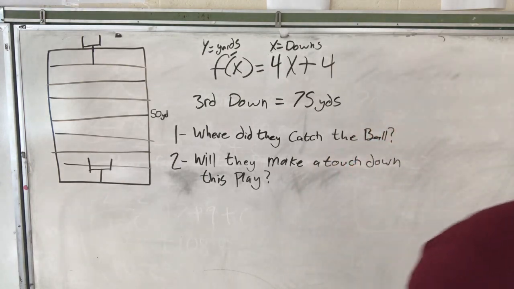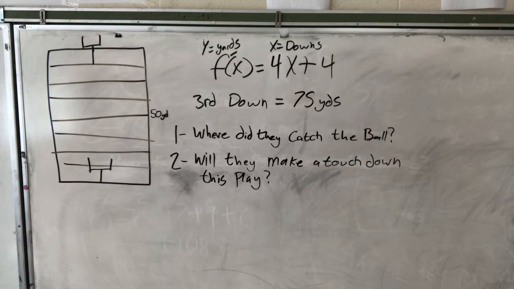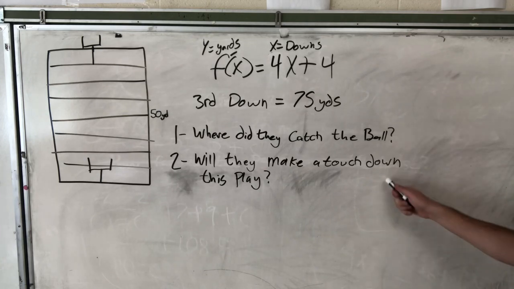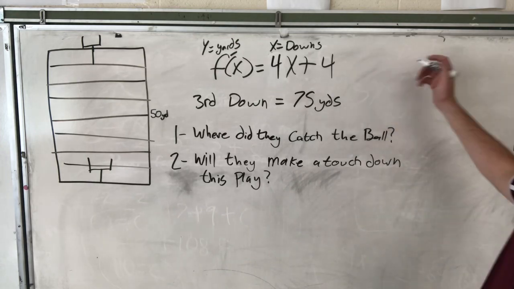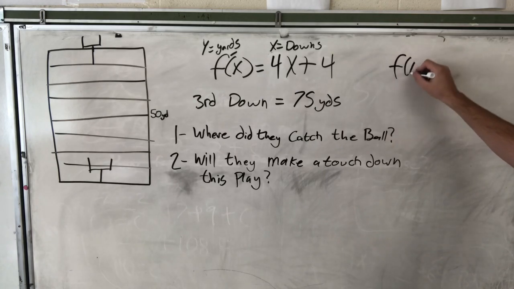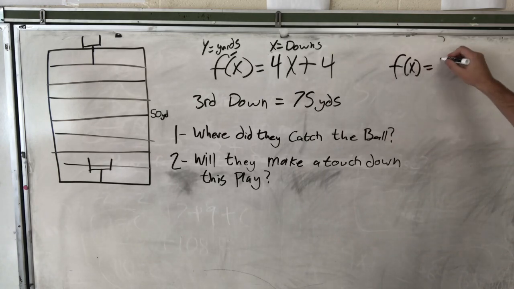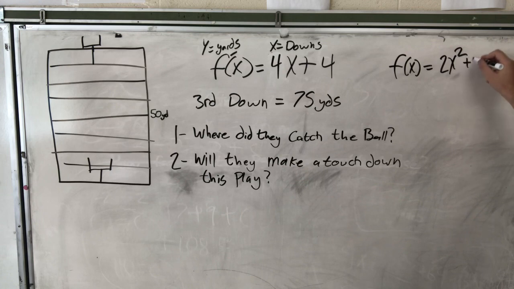Give it a try. So where did they initially catch the ball? Will they make it past the 100 yards? All right, here's the answer. You should have paused by now. First thing we're going to do is integrate. We've got f of x is 2x squared plus 4x plus c, where c is going to be where they